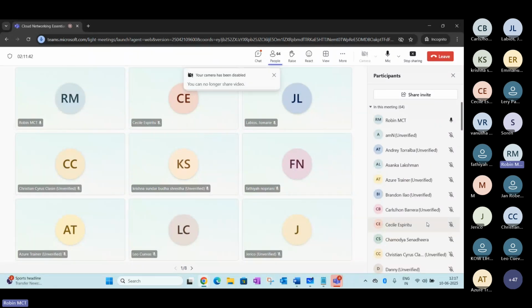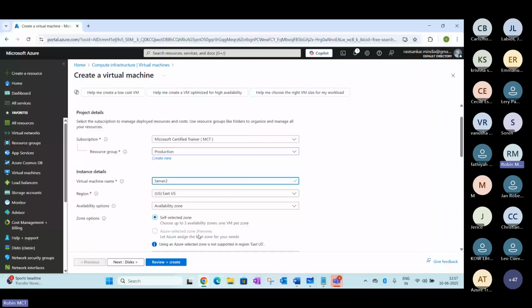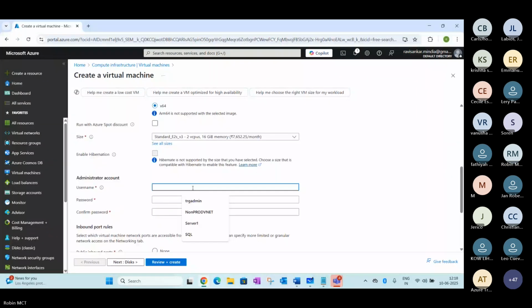Thank you. Now, I'm giving you a second scenario here. We have a server that has been created and configured. You may be able to see it in an East US location. In the same location, you may see your VNet also has been configured here. Now let me try to create one more VM here. Let me give the name server 2 here. I'm trying to create server 2 here.